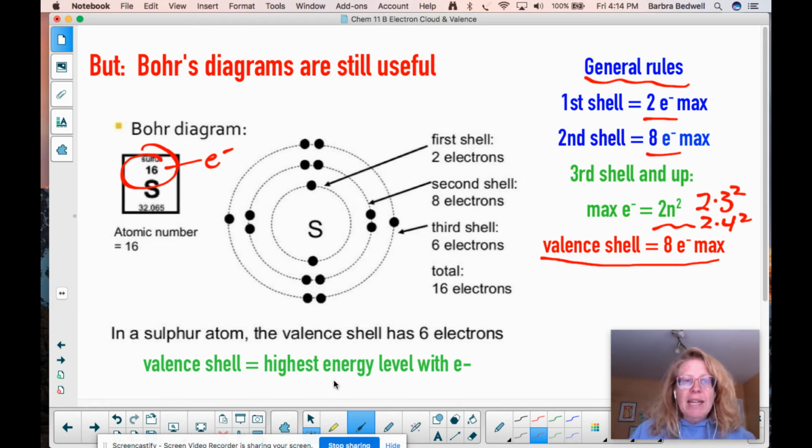This highest energy level shell, the outside shell, whichever one it is in an atom, we give it a name and we call it the valence shell. So the first shell could be the valence shell in hydrogen and helium. The second shell could be the valence shell in the second row of the periodic table. And then the third shell could be the valence shell. Whatever the highest one is, could be the fourth or the fifth or the sixth. But whatever that outside one, we call that the valence shell.